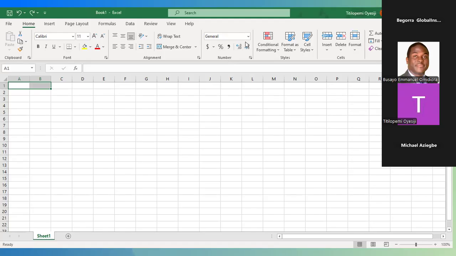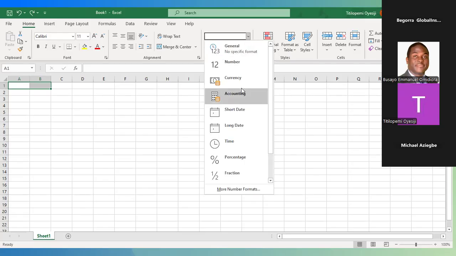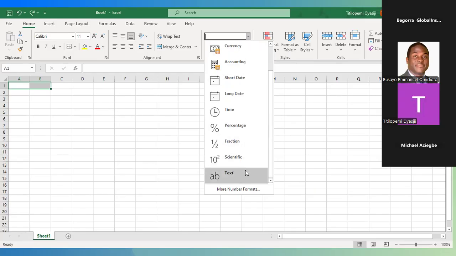So where we can find that is here. You can click on this drop down to see the various formats of numbers that you can have. So this is general. General means there's no specific format. Then we have number, currency, accounting, short date, long date, time, percentage, fraction, scientific, and then we have text.